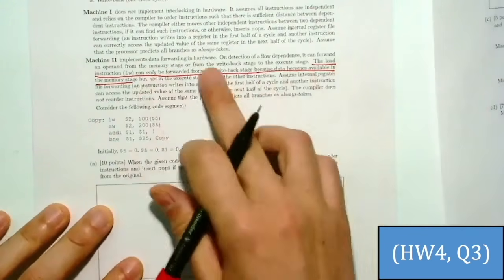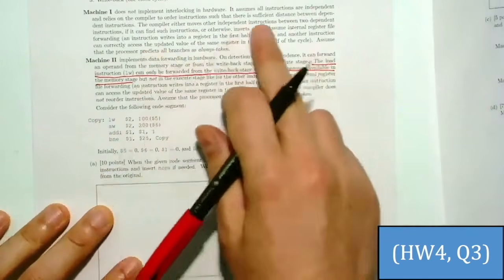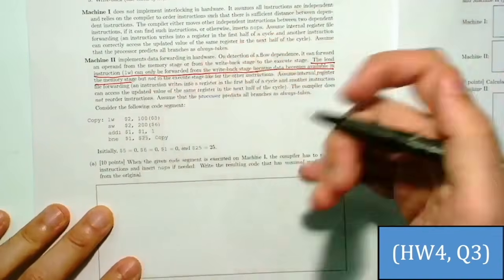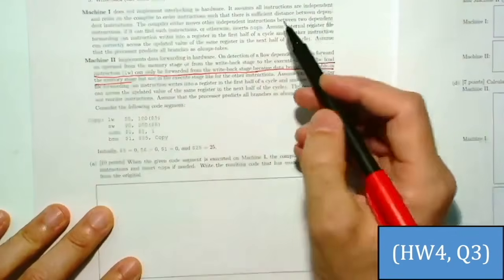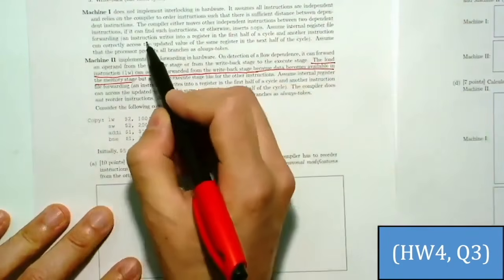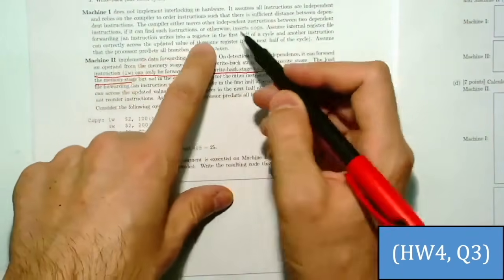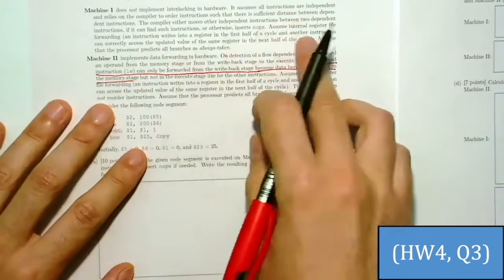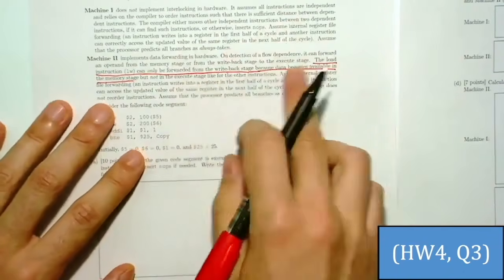But yeah, basically, here the exercise is pretty clear in that sense, right? It doesn't talk about how this is implemented in the hardware, but you assume internal register file forwarding, so an instruction writes into a register in the first half, and other instructions can read in the second half. This is for register forwarding, and for the other forwarding,